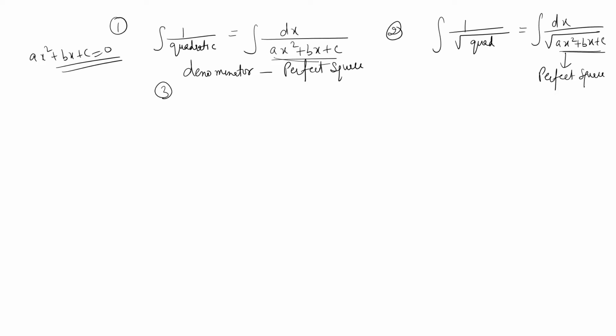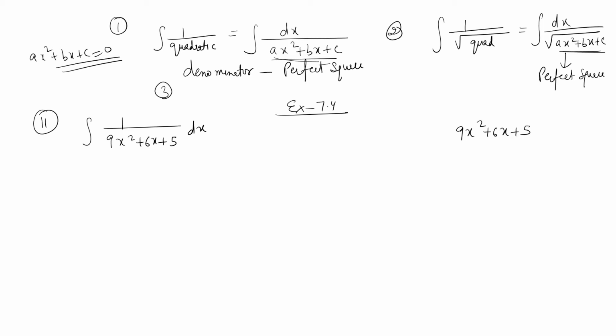It will help me in solving few of the questions which I will take from my exercise 7.4, and definitely I'll take some big questions so that you are able to understand the correct application of it. So if you see question number 11, it is the perfect example of 1 upon quadratic. 6x plus 5. Can you see? It is the perfect example of 1 upon quadratic. Now first thing is I need to change this to perfect square. You can either do it in between the question, but just for a method of application I'm just making it visible to you right here alongside.